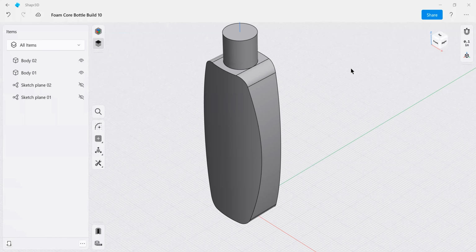I'm going to build a 3D data file of this bottle design in Shaper 3D. The intent of this build is to export two-dimensional layout drawings, orthographic drawings, to make a foam core model. So this is going to be a relatively simple piece of geometry, but it's a very typical type of approach